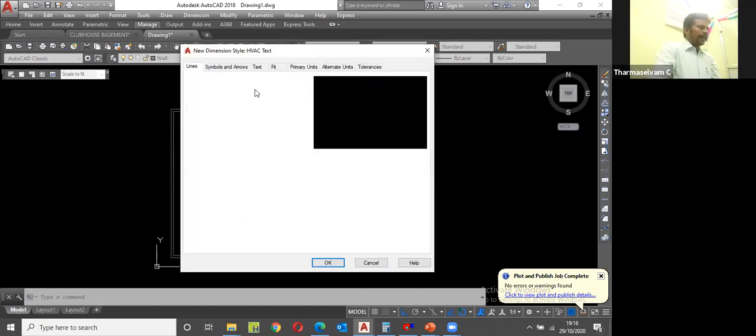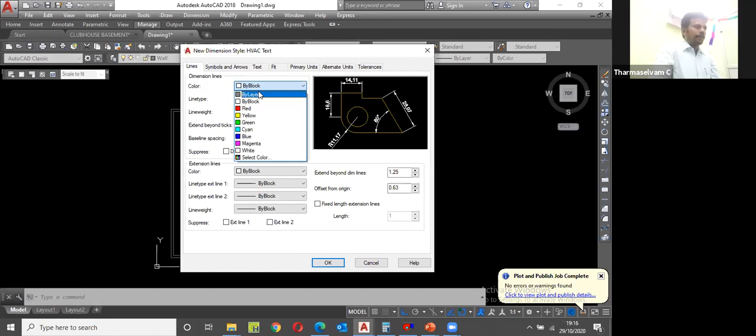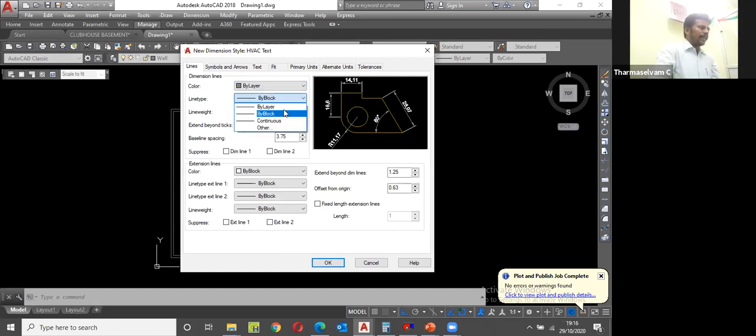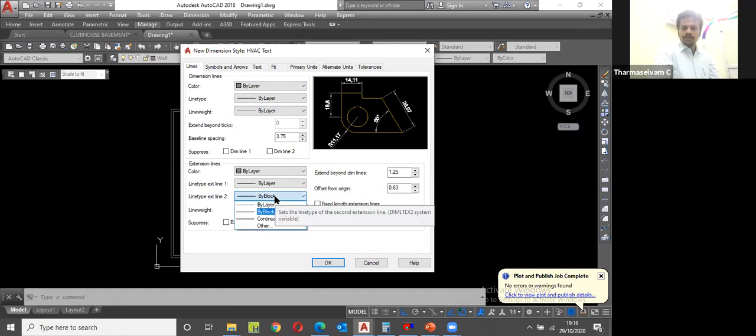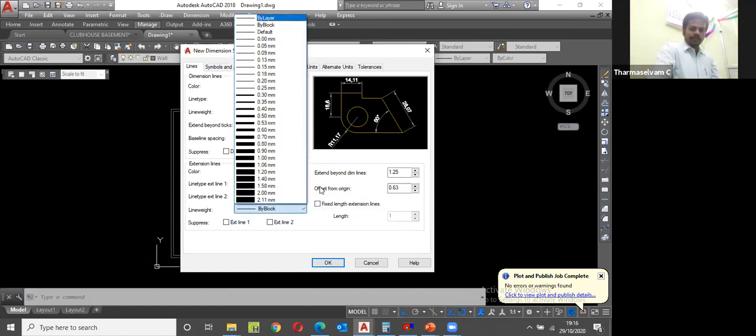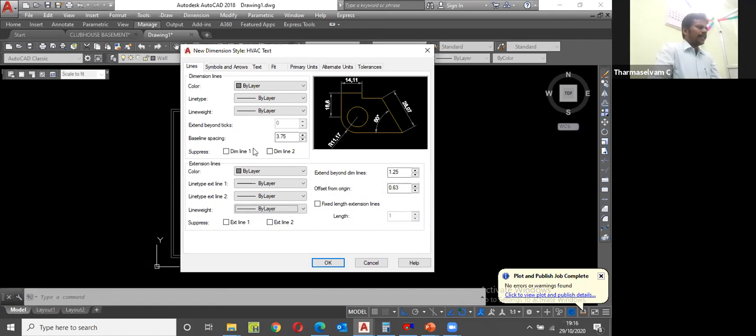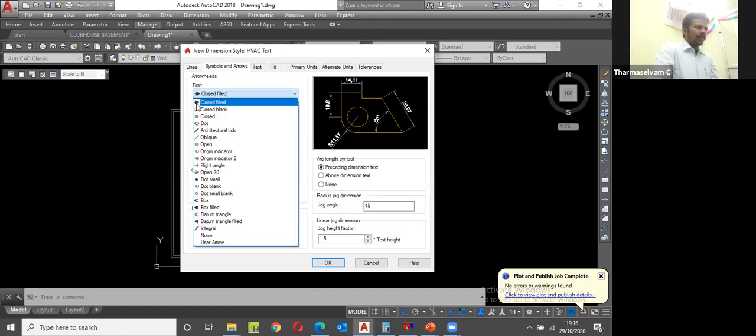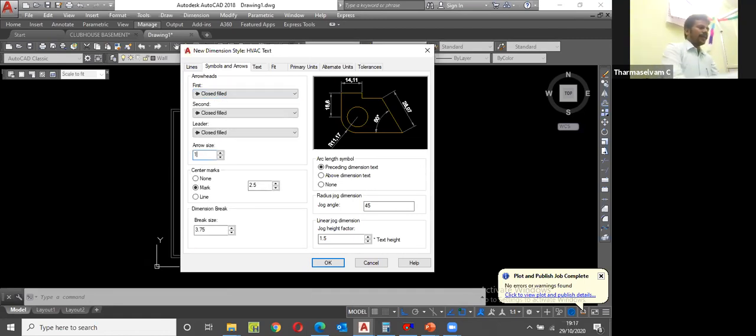Line color, by layer. You have to put it by layer. Line type, by layer. Line weight, by layer. Then this color also by layer. Extension line, by layer. Yes, wait one second. By layer. Then symbols and arrows. This is arrows, always closed filled. Then the arrow size maybe 100 mm. Then that text,